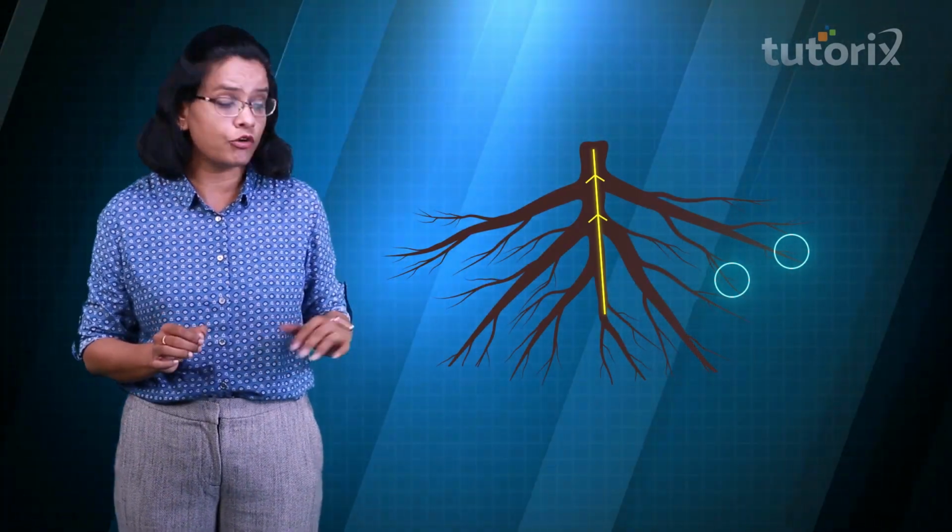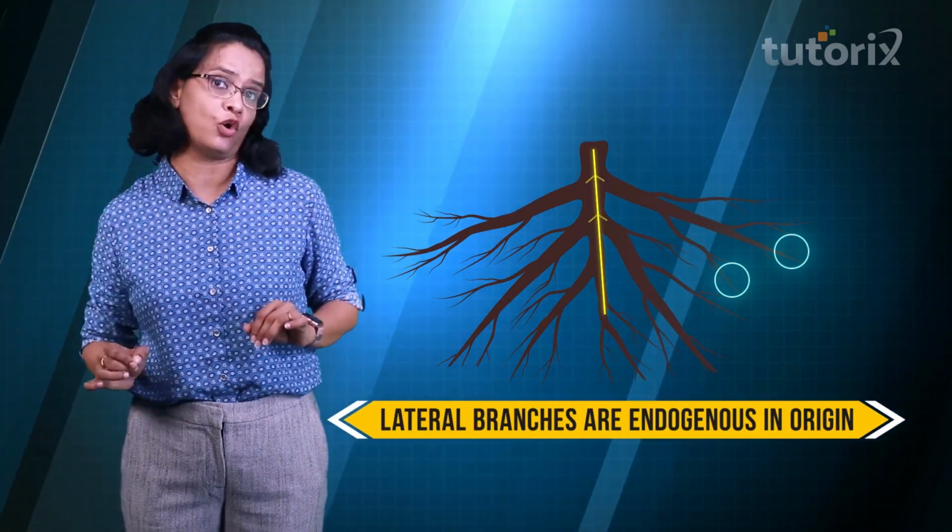Now, talking about the lateral branches. In case of shoot apical meristem, we saw that the lateral branches were formed and they gave rise to the leaves. But not in case of root apical meristem. In case of root apical meristem, the branches of the roots that you see are found far behind the root apex. Yes, they are not found from the exterior. They are formed from the interior of the root and therefore they are called endogenous in their origin.